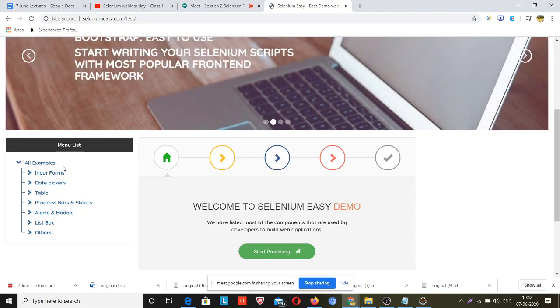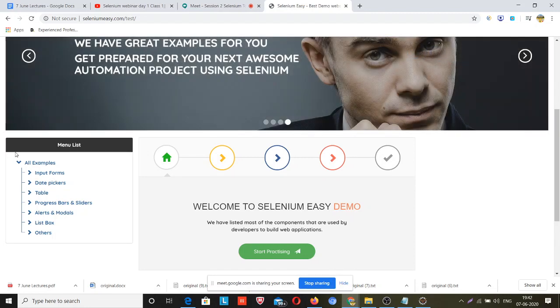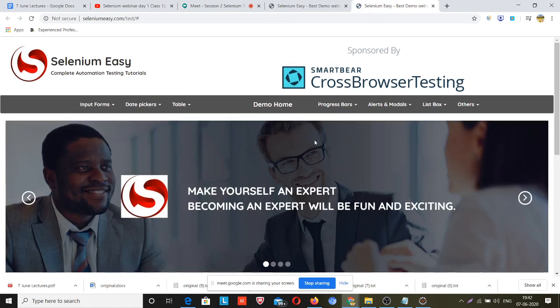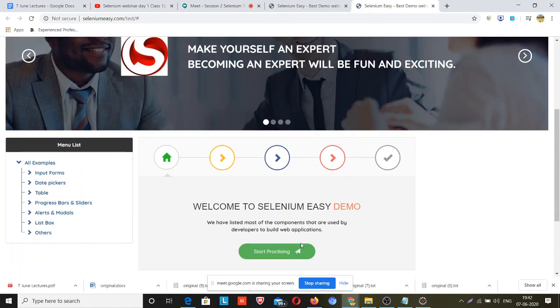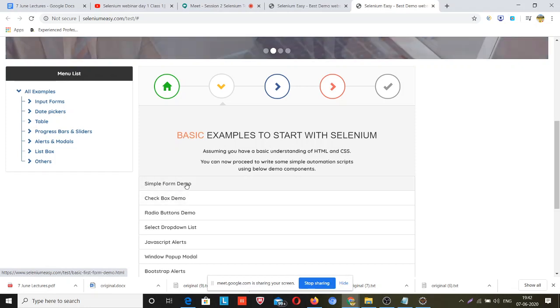Some people try to automate their practice on websites like Facebook and others. This is not legal, to increase load on these types of websites, so you should not do that. So if I click here, this is a simple form demo.